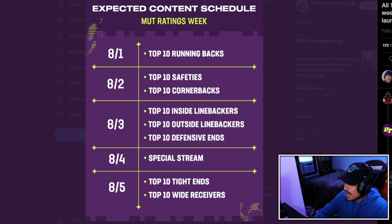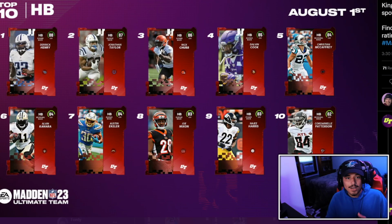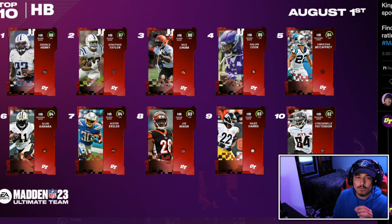I don't really know, but all I know is today we're going to be talking about the top 10 core elite. By the way, these are the core elite guys. The top 10 core elite running backs. Okay, so here are our top 10 core elite running backs, and kind of keep in mind while you're seeing